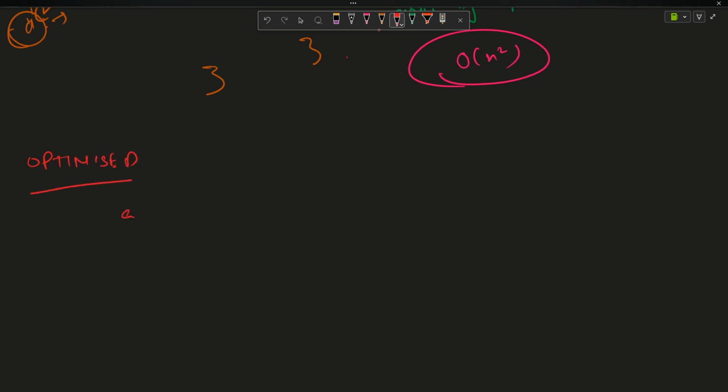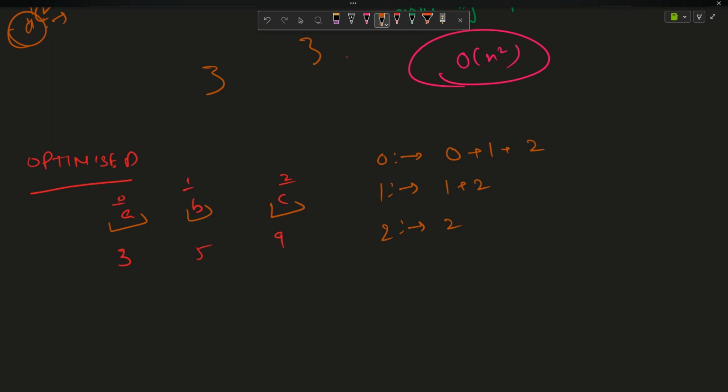I am saying above we saw that the input string is A, B, C, and the input array is 3, 5, 9. These are my indexes 0, 1, 2. We saw that the zeroth index in the string is getting affected by the zeroth operation in the array, first operation in the array, and second operation. The first index in the string was getting affected by 1 plus 2, and 2 was getting affected by 2. So if somehow I get the results beforehand, that how many times I have to shift each of them,